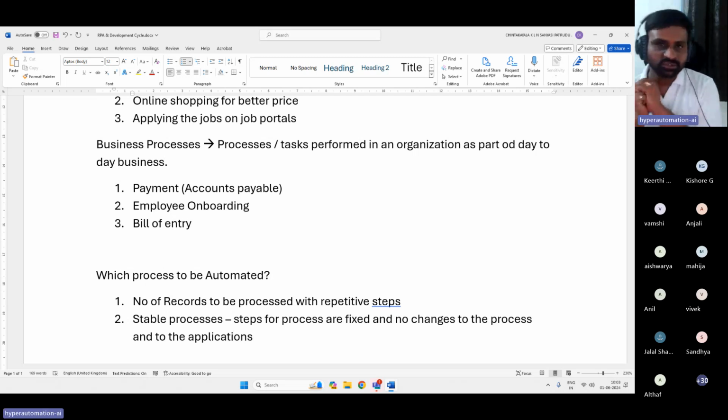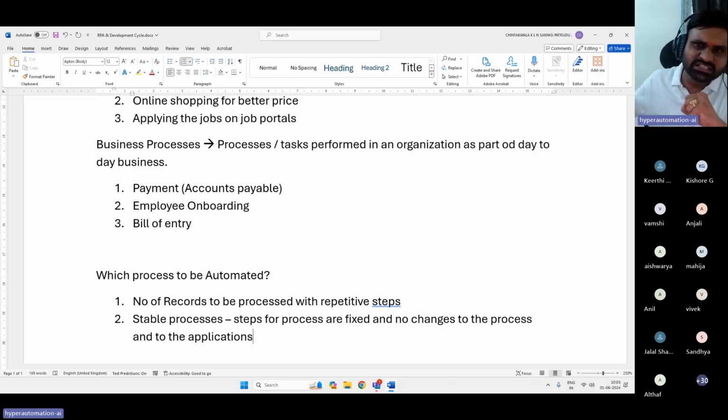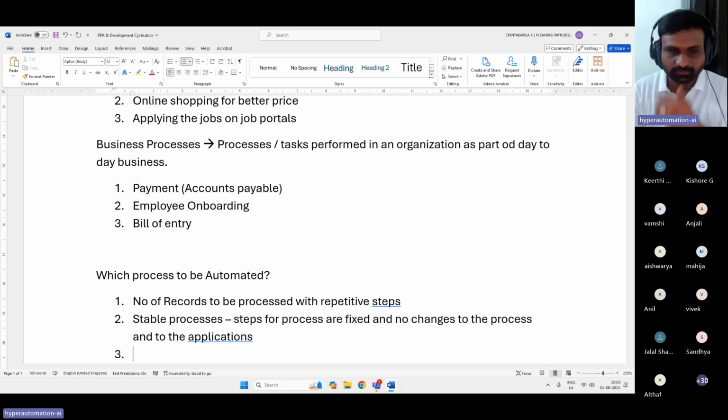Whatever application you are using, let us suppose you need to perform a task on a web application. If the web application keeps on changing, then it is not a good fit for automation. So process and application stability is much more important. People call them mature processes. Mature processes are nothing but stable processes, which already have predefined, fixed and known steps to be performed.